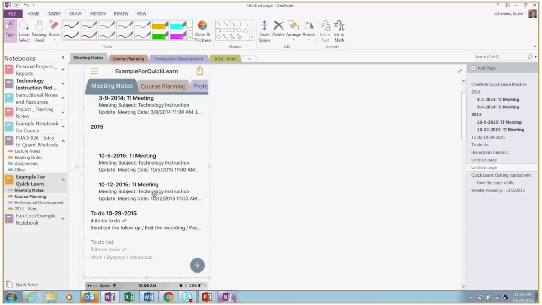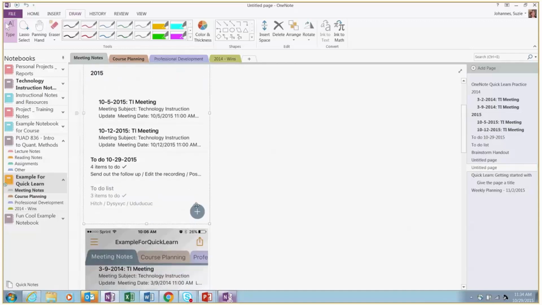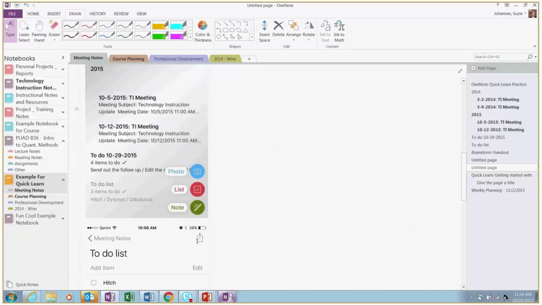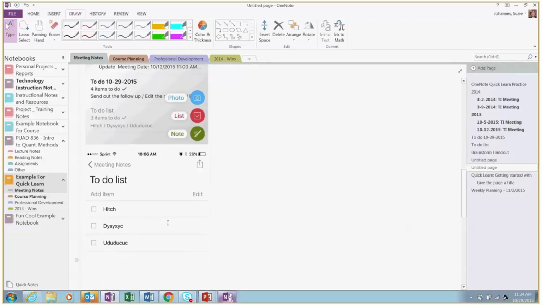To create a new note, you click on this plus sign here to create a new page basically, and you get some different options. So you get photo, list, or note. List is anytime I'm doing those to-do items. It just gives me these check boxes here where I can put in different text. Note, you can actually type in your notes, and then photo is pretty nice.